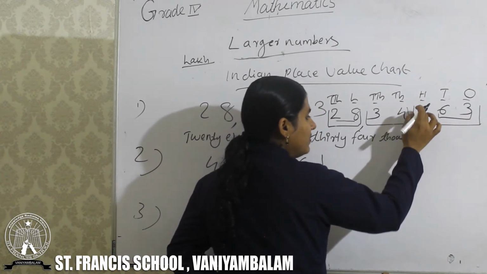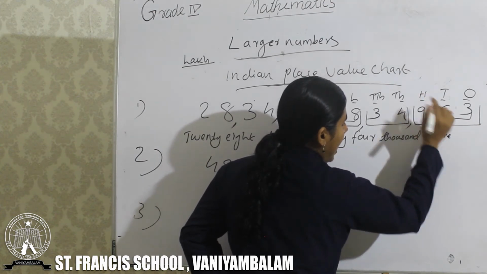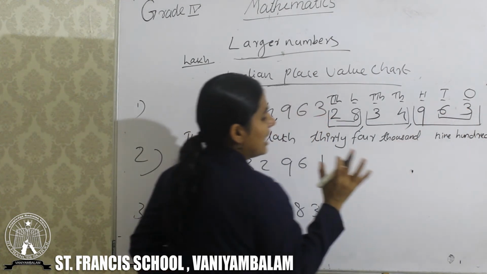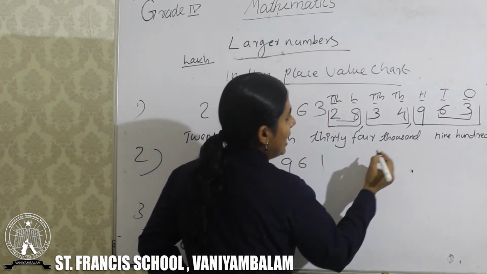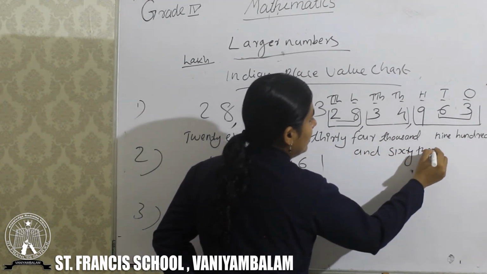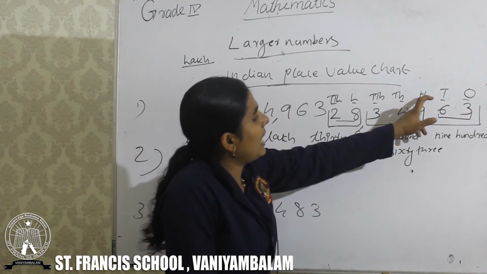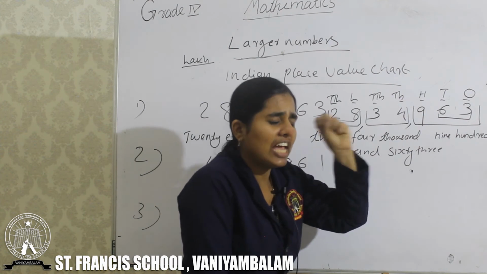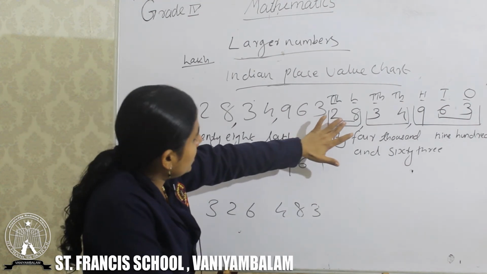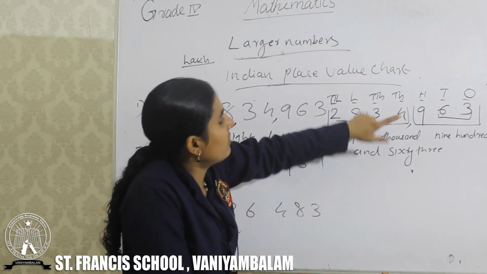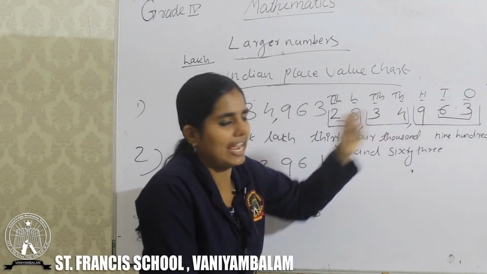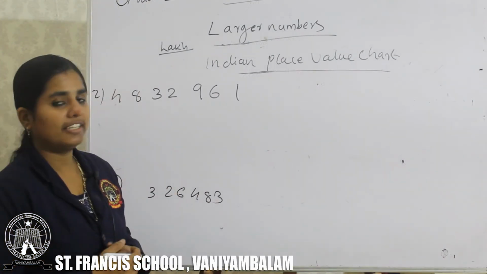Next, this number we want to read together. In the 100 place we have which number? 9. 900. Then tens and ones every time we want to take together: 963. Don't read this as 63. That is wrong. This is in the 100 place, so you say 900. Then tens and ones you read together, that means 63. So 28,34,963. We can see the next part.